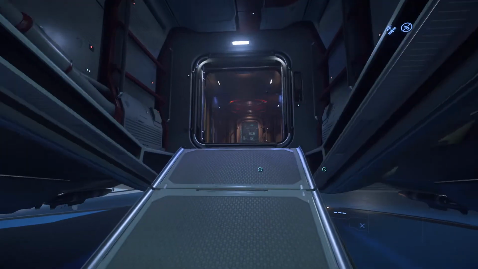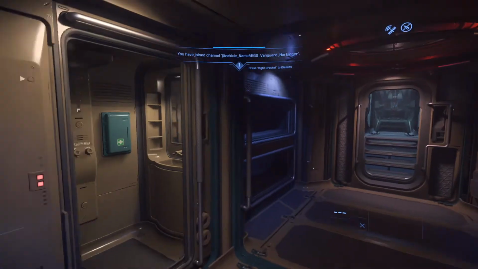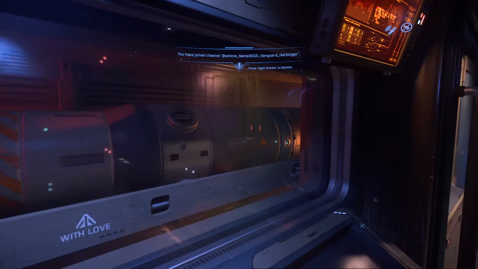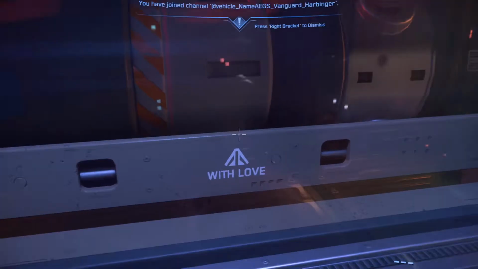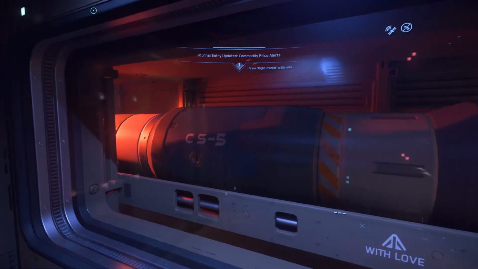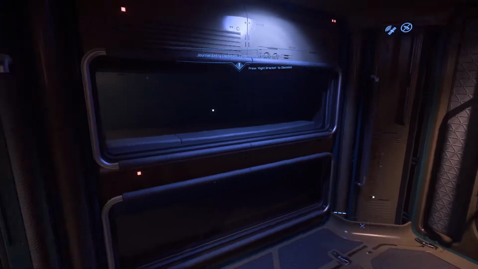the internal components, which I'm not going to lie, look a lot better. You also have some size 5 torpedoes. 3 of them, in fact, with a lovely little "with love" on the top. I always love that. But yeah, size 5 torpedoes, really powerful, very potent vessels. Downside of this ship, though,